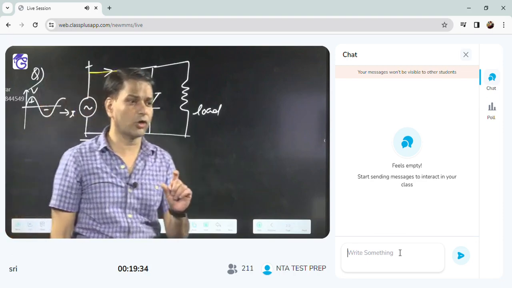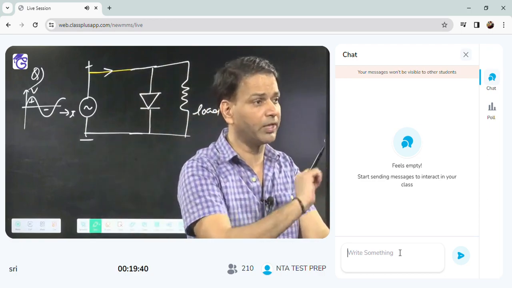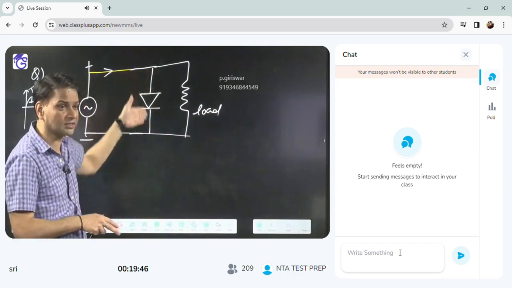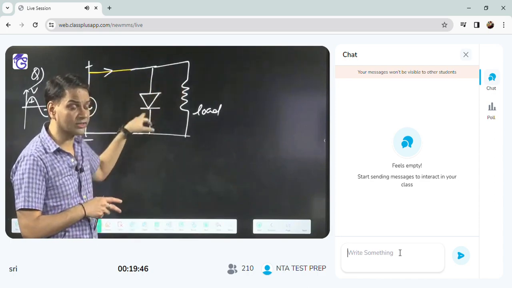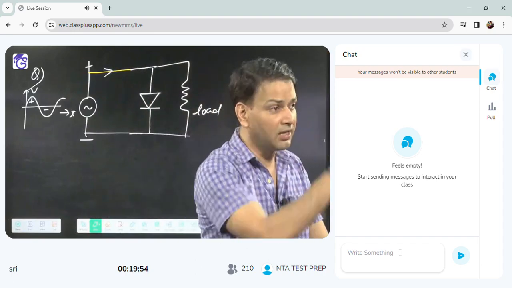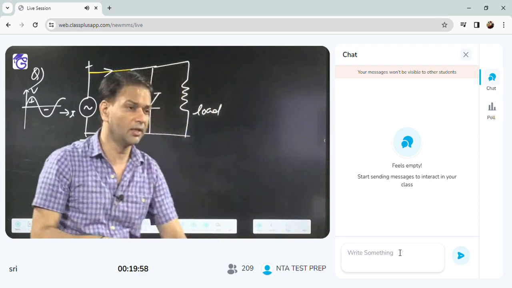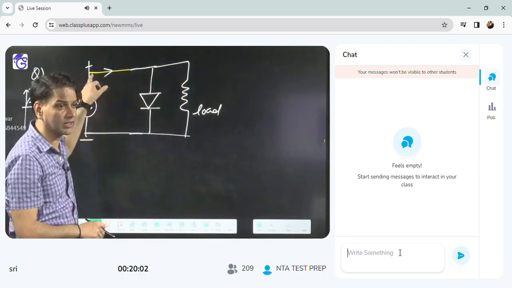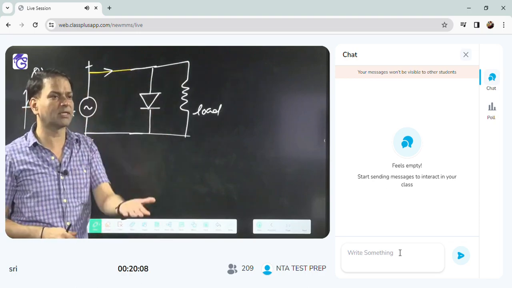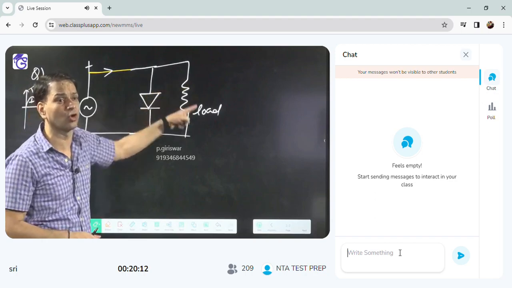When the diode is in the forward bias, we know that current always flows from the minimum resistance path. So when current is coming here, it has two paths, one this and one this. And in that, the diode is in the forward bias, so the diode will offer zero resistance. So basically that path is a conducting path. So what will happen, the load will not get the current. For the positive cycle, this diode will be in the forward bias. So when the current is coming, it will flow from the minimum resistance or zero resistance path, and the diode is giving the zero resistance path. So this load will get shorted.